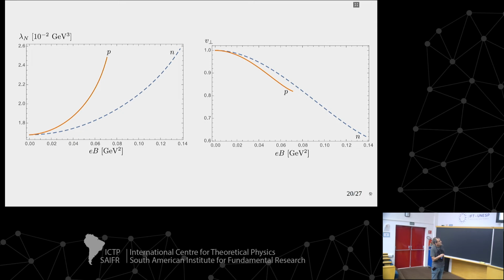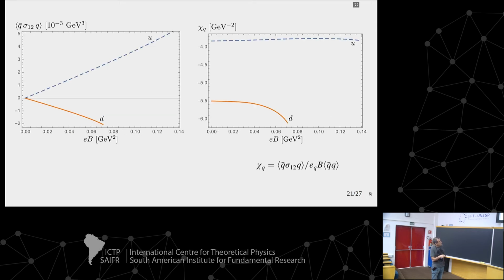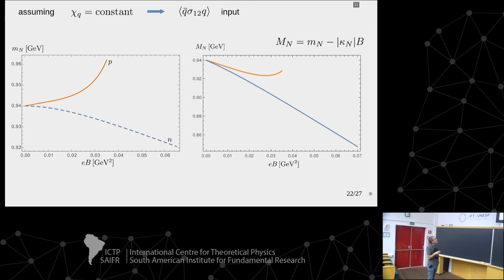There's the perpendicular velocity, which decreases very well, and also the polarization of the chiral condensate. We have different results. This is the susceptibility. Usually, all the known results use the same value. These are different, but all in the same range of the known results. And the masses, this is the mass parameter. So we have the proton mass parameter increases, the neutron decreases, and here this is the full nucleon masses,